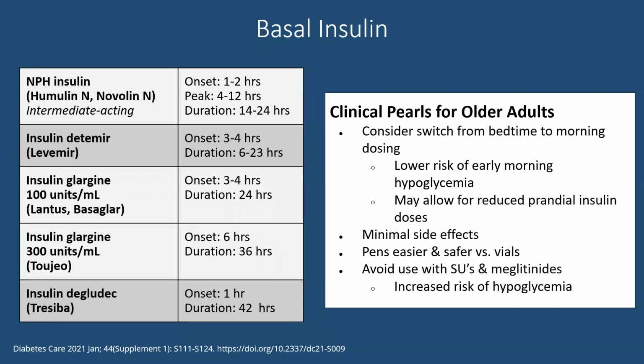Toujeo, 36 hours, still pretty likely. Or Levemir, where you can't quite tell what its duration of action is going to be. Some patients it's short, some patients it's close to 24 hours. So I think they're more difficult to use. Sometimes we use Levemir BID, sometimes we use it once a day, and it really just depends on how the patient breaks the stuff down. With Lantus or Basaglar, it's pretty predictably 24 hours. You would still use it BID if your doses are higher, just to break the dose up a little bit. But when you're starting out slowly at a low dose, you can always dose Lantus or Basaglar daily.